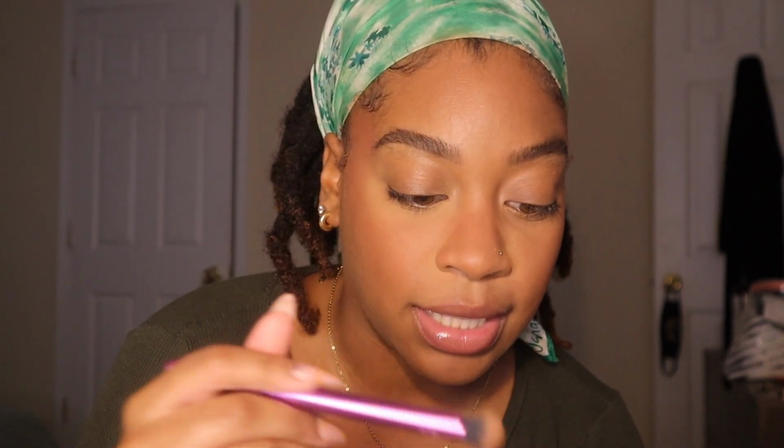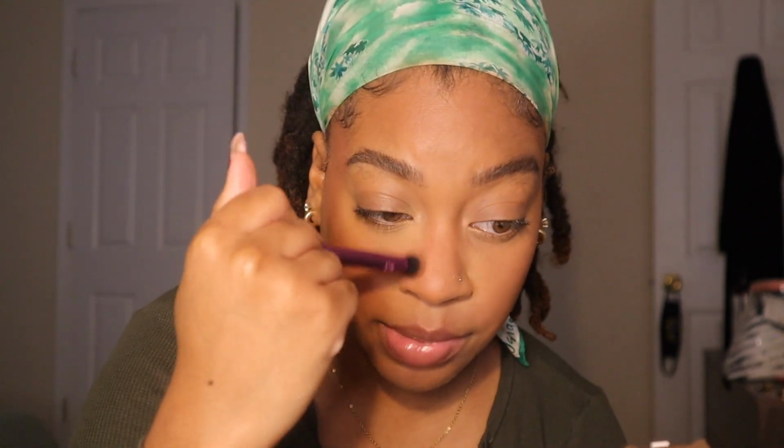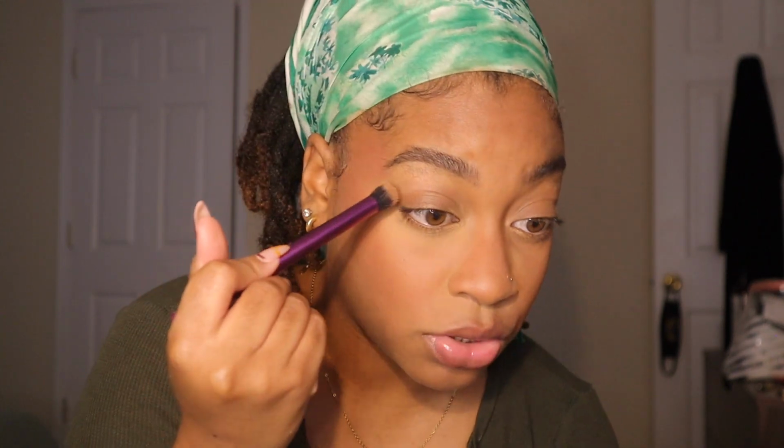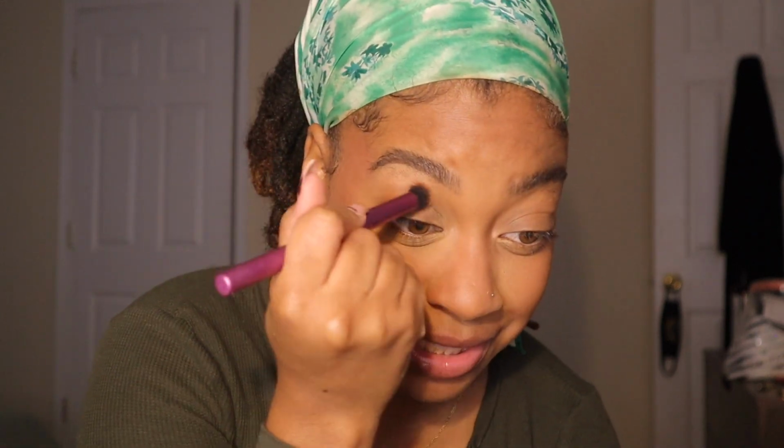Then with a small blending brush, I'm gonna go back into that contour and just shadow up my nose a little bit. And also use this as a little bit of eyeshadow. This is not a good blush for blending, but